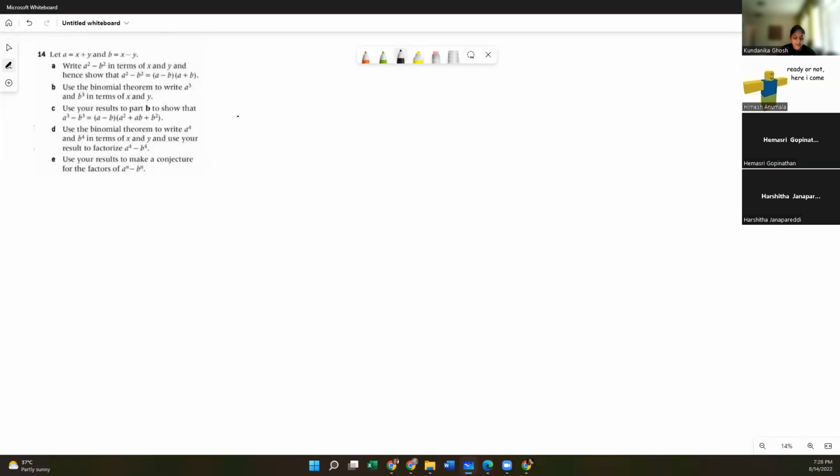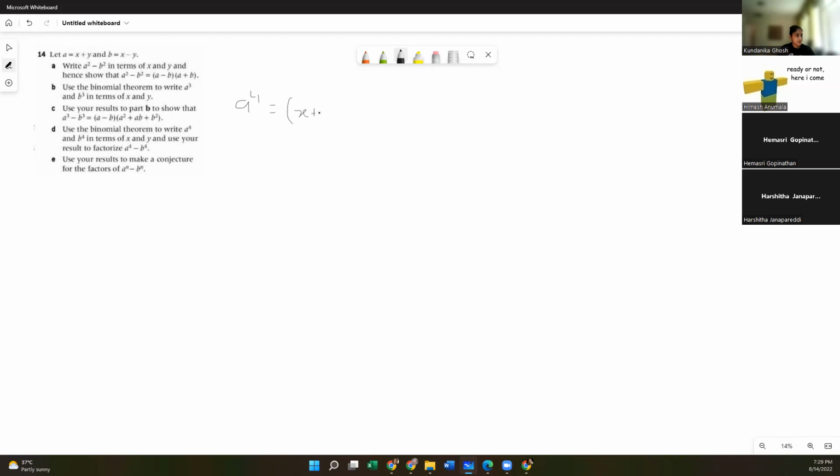Okay, all right, perfect. So 14D, use the binomial theorem to write a to the power 4 and b to the power 4. Again, 4 is in the first 5 rows of Pascal's triangle. This is something that you'll have used enough that you'll know it off the top of your head. If you really have to, you could fully expand it: n choose r times a to the n minus r times b to the r. Seems kind of a waste of time if you ask me, but if it helps you, feel free to do it.